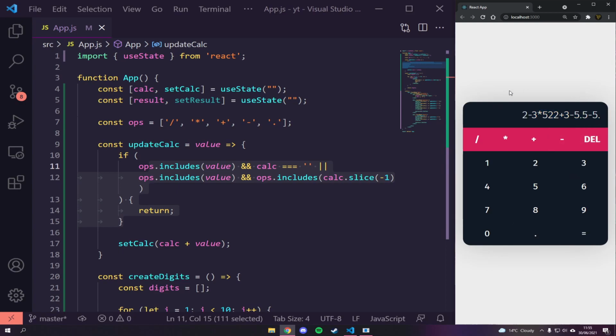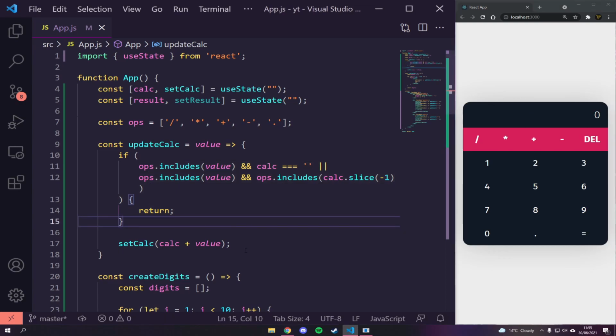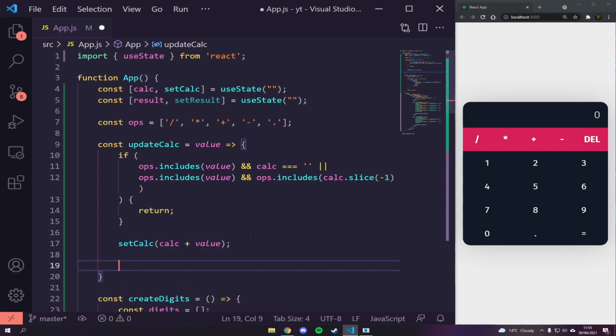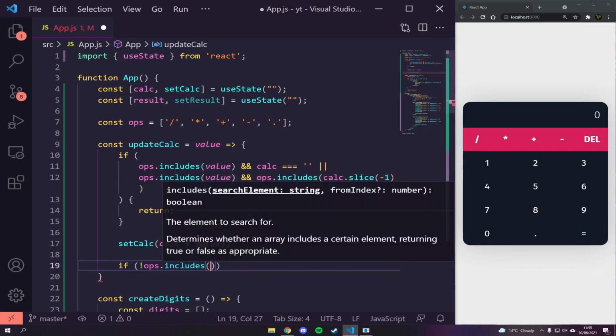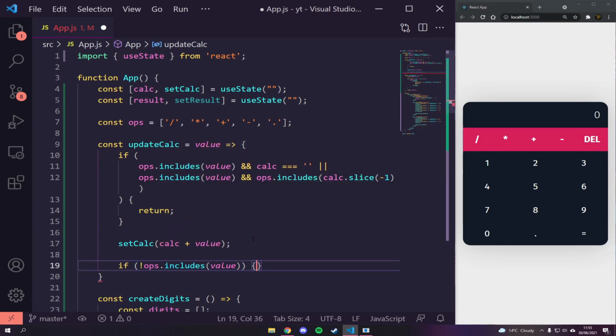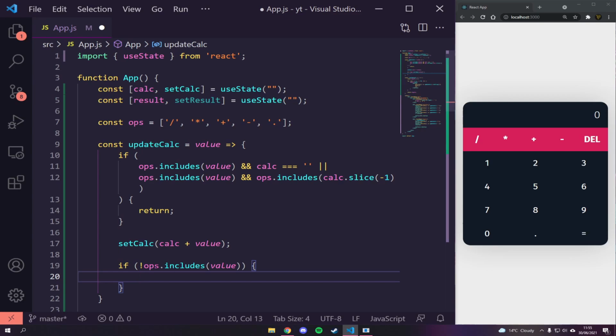So that is now done. Let's refresh our screen again. So that's all good, but now how do we update our results? So underneath set calc, we want to do if not ops dot includes value. So if the last item was not a value or not an operator, we're going to say set